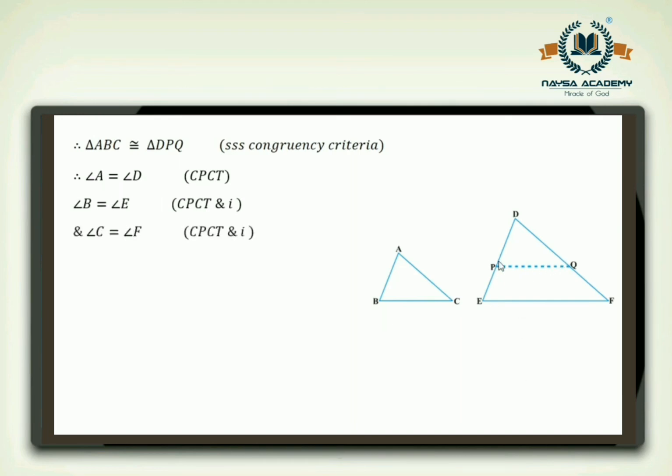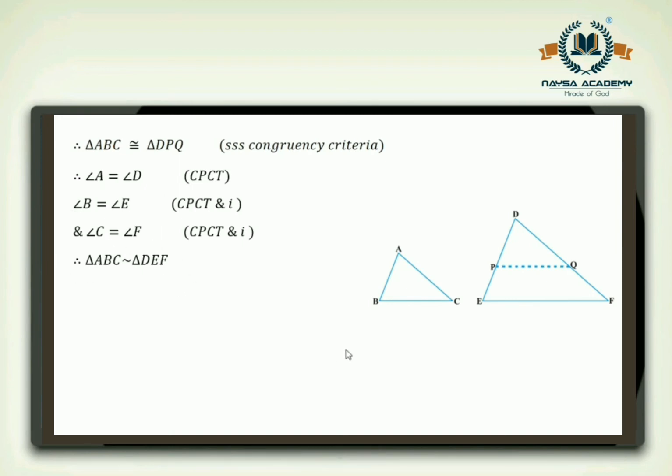Now we already know that this angle P and angle E, they are equal, and angle Q and angle F, they are equal. Okay, we have already seen in equation 1. So from equation 1 and from these corresponding parts of congruent triangles, we can say that triangle ABC is similar to triangle DEF. We have three sides given in equal ratios. Here we have proved that the three angles, that is angle A and angle D, are equal, angle B and angle E are equal, and angle C and angle F are equal, and hence triangle ABC and DEF are similar.